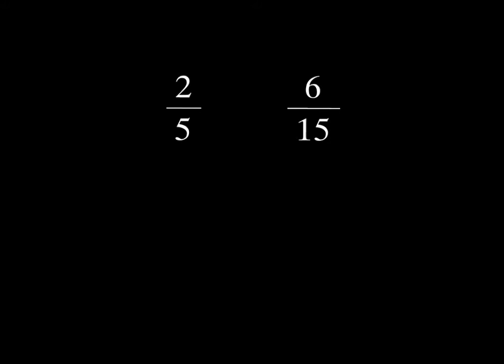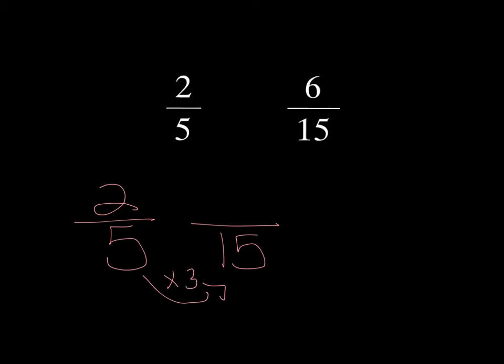Not a lot of people missed it, but enough people to make me want to go over it with everyone. So you are comparing 2/5 and 6/15. There are different ways you can compare this, but I believe for this one, the easiest would be to make common denominators, because 5 going to 15 is pretty easy. So if I'm thinking about 2/5, if I want to change that to be out of 15, I would multiply it by 3. That means I'd have to multiply the top by 3, which gives me 6/15,